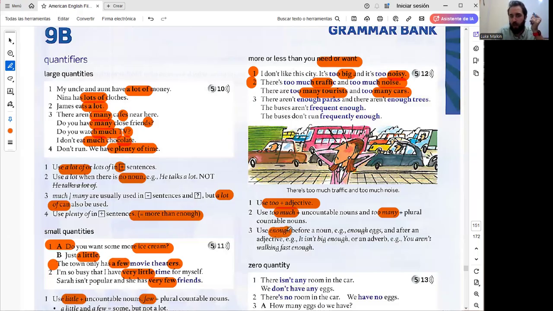We use enough to mean a sufficient quantity. So the negative is not a sufficient quantity. For example, there aren't enough parks and there aren't enough trees. Enough is before a noun. Enough parks, enough trees, enough eggs, enough classes, enough teachers. But if we have a